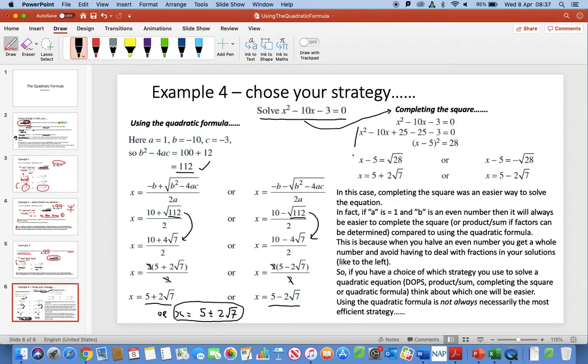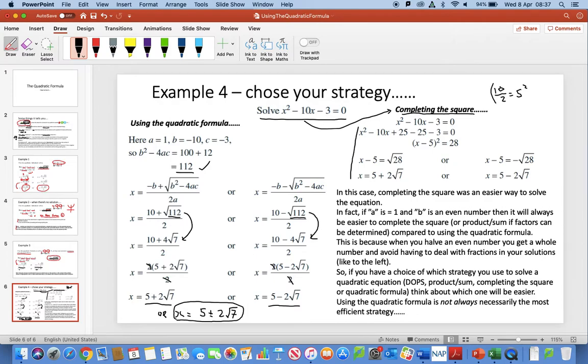Now just taking a quick look at what we had to do here compared to what we had to do here, I think you can probably conclude that in fact we would have been better to probably just complete the square. Because in this scenario here, completing the square was a lot simpler. Because when we halved the middle term, because it's an even number, we'll always get a whole number answer, and we don't have to then deal with fractions. So 10 divided by 2 is equal to 5. Any even number divided by 2 will always be a whole answer. And 5 squared